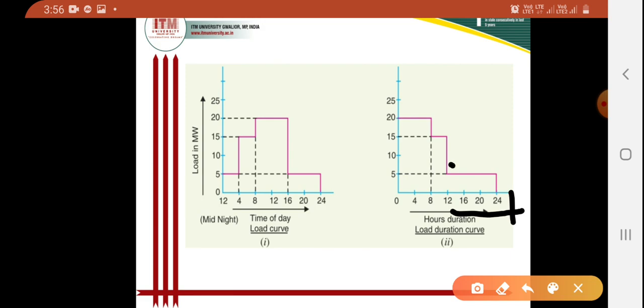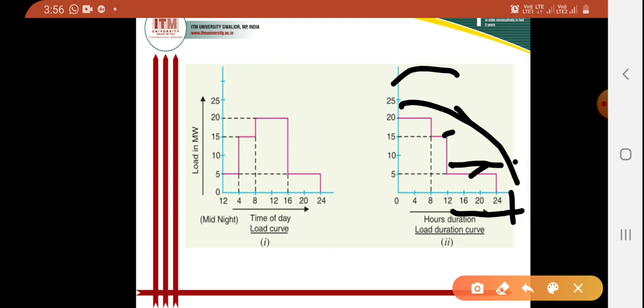5 megawatt, which is the least consumption. So after the second highest, I have put the least value here, 5 megawatt. So this way, three varieties of demand are there: 20 megawatt, then 15 megawatt, then 10 megawatt. So I have drawn the load according to descending order with respect to their duration.